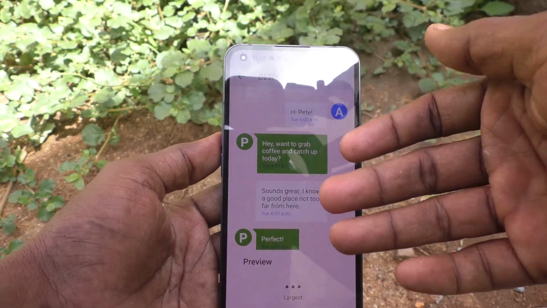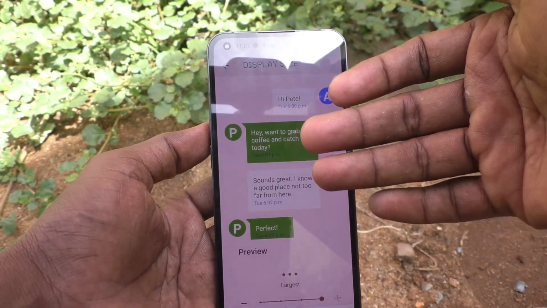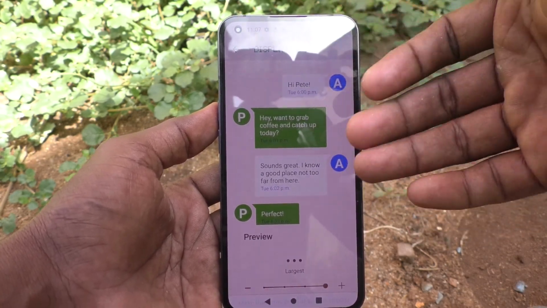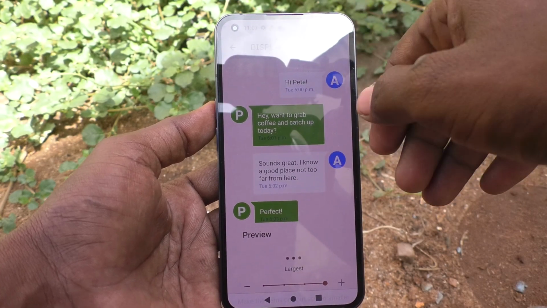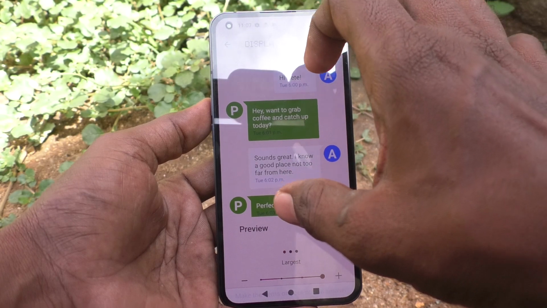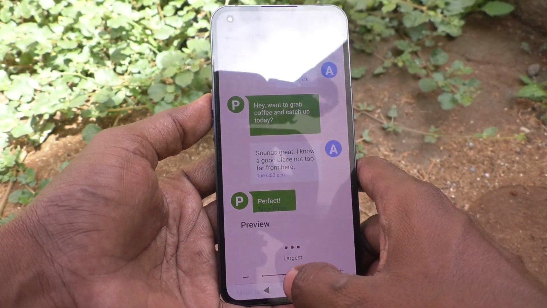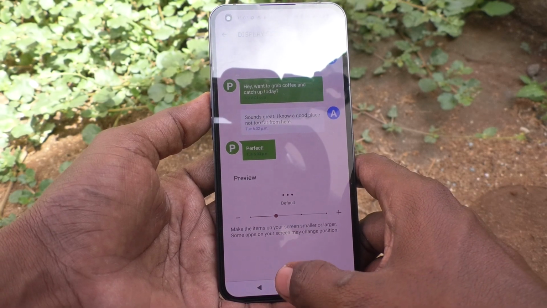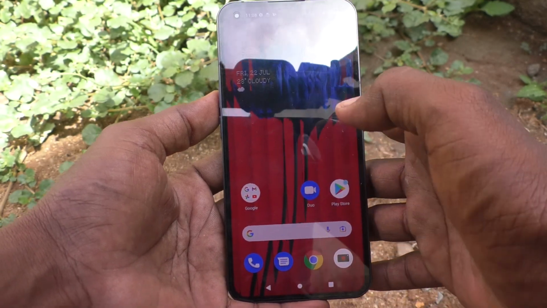So when you are using typing interface, that is when you are messaging to some others, or when you use WhatsApp for messaging, and you will have this display, and the size will be increased. Okay, if you want to set only in the default, select second point, and it will be the default display